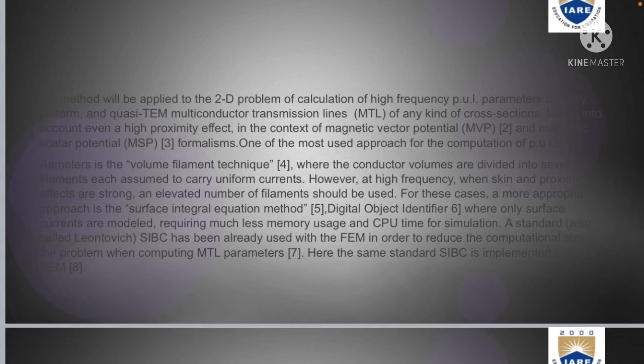The method will be applied to the 2D problem of calculation of high frequency PUL parameters of lossy, uniform and quasi-TEM multi-conductor transmission lines (MTL) of any kind of cross sections, taking into account even a high proximity effect. In the context of magnetic vector potential (MVP) and magnetic scalar potential (MSP) formulations, one of the most common approaches of the computation of PUL parameters